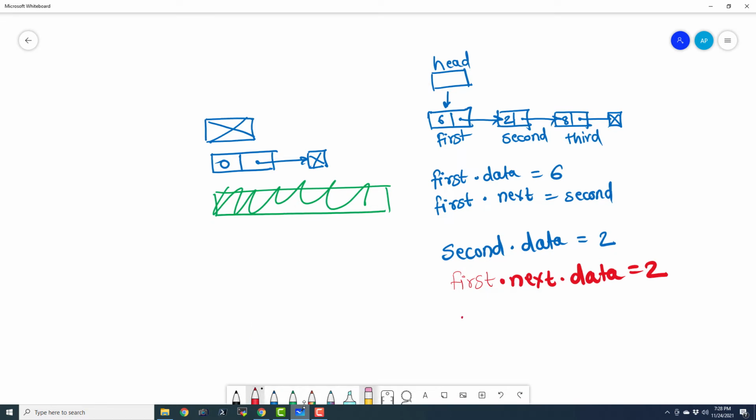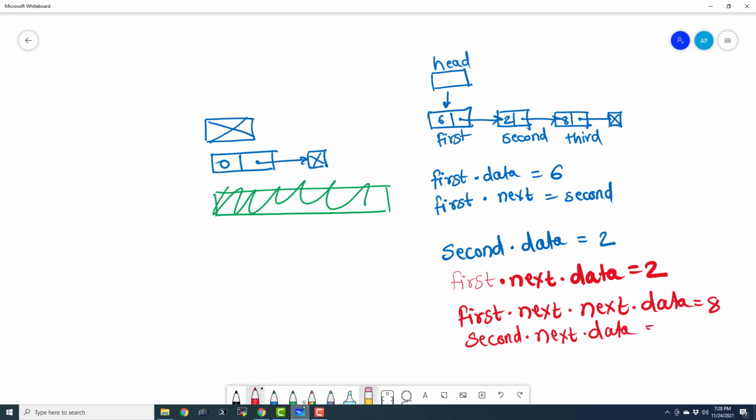And we can also say first.next.next.data equals 8, which is the third node, or second.next.data equals 8, or third.data equals 8.